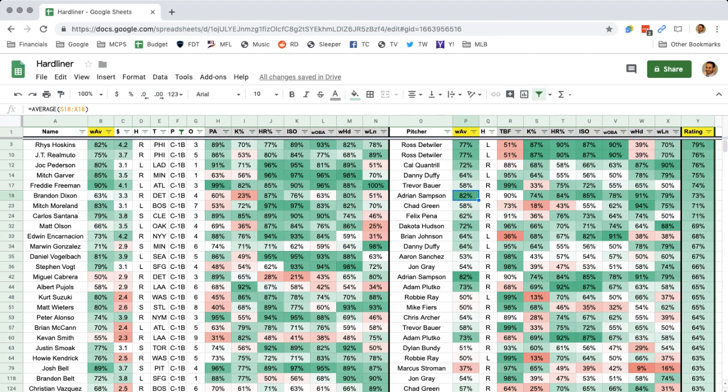And so you could see that Brandon Dixon, he is a home run hitter. That's what he looks to do. Probably you could say he's a 3 true outcomes guy. I don't know what his walk rate is. I'm not really interested in walk rate in this particular model as of now. But the model indicates that Dixon hits for power and strikes out a lot. And Sampson gives up power and doesn't strike anyone out. So 3,300, he's not extremely cheap, but